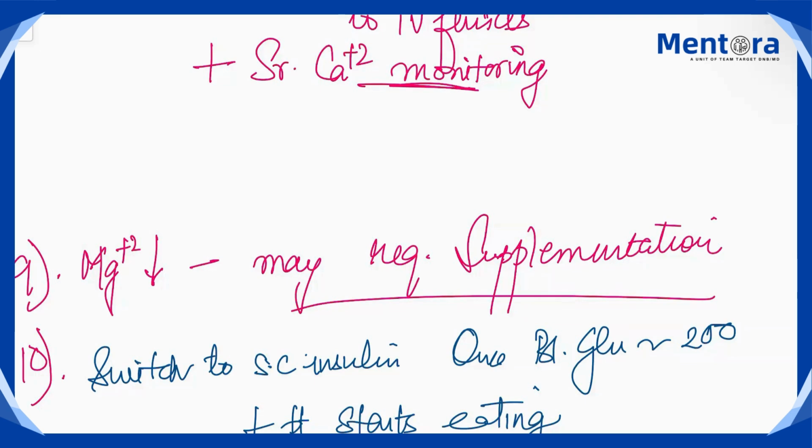Okay, so this completes your entire topic of diabetic ketoacidosis. So we'll end today's class here because many important topics have been covered, and we'll continue with this October 24 paper in our next class also. Okay, and for many questions I'll be sharing the PDF answers because there is no need to explain them in the class. Important questions I'll be covering in the class itself.